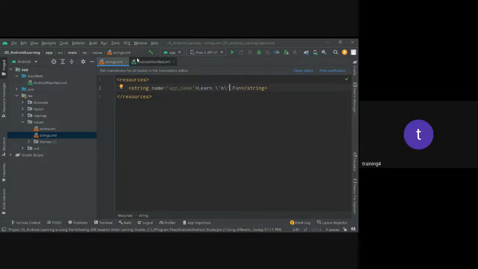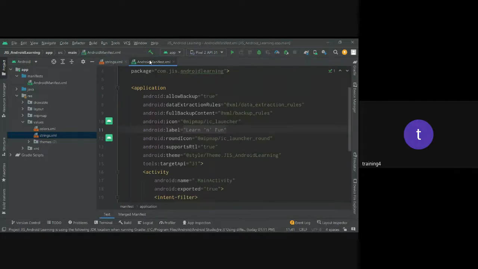So then, just to verify the thing, open up your Android manifest file and you can view the changes here. Okay, everyone is now getting the thing. Yes, ma'am. Okay, now the next thing